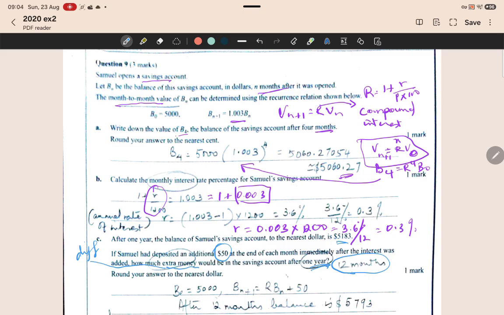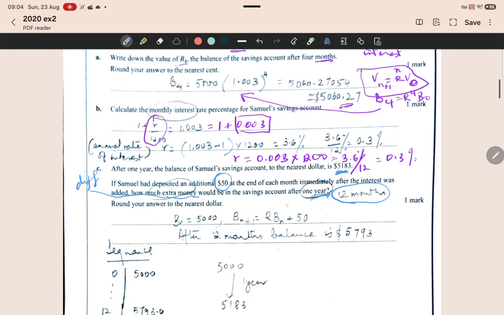Now in this scenario, there are actually two situations. One where he did not add 50 and the other where he did add 50. And so here they've already told you that his balance at the end of 1 year is 5,183. So you have to calculate what his balance would have been if he had added $50 at the end of